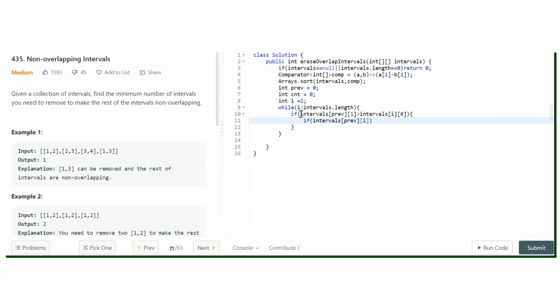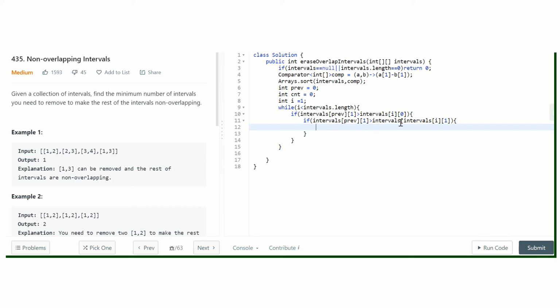is also greater than intervals[i][1]. If that is the case, then as I have already said, we need to remove the larger one.